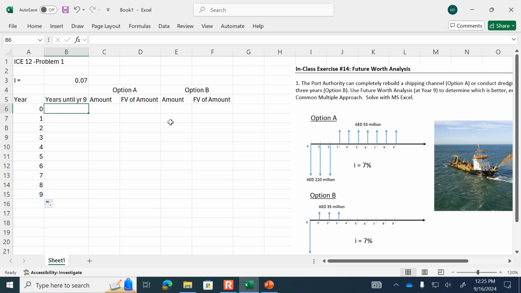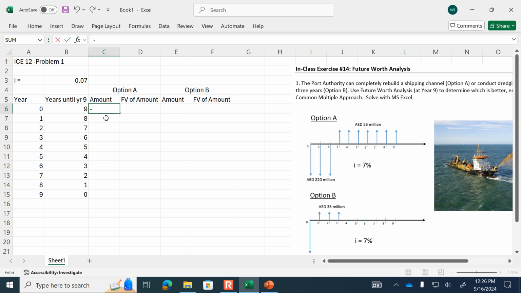And then we calculate this reverse time column because we're going to be using the FV function. So that is 9 minus whatever row we're on, tells us how many years until that future date that we're interested in. Okay, option A,